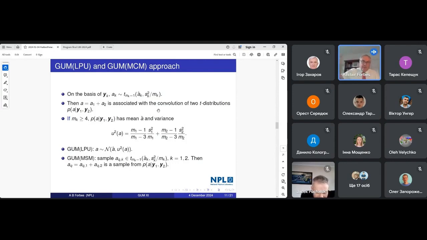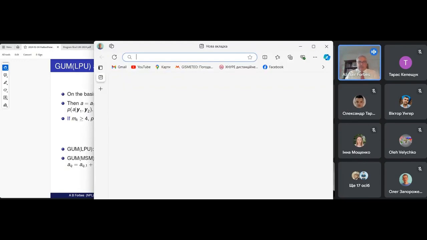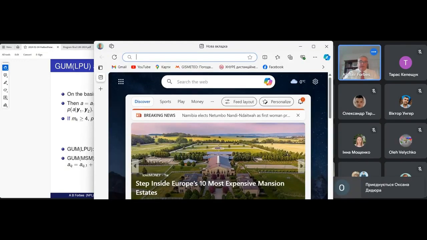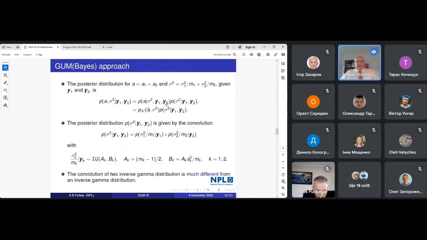A GUM LPU will assign a Gaussian distribution to that. The Monte Carlo method will sample from these t distributions and generate a sample for the distribution associated with the sum. The Bayes approach